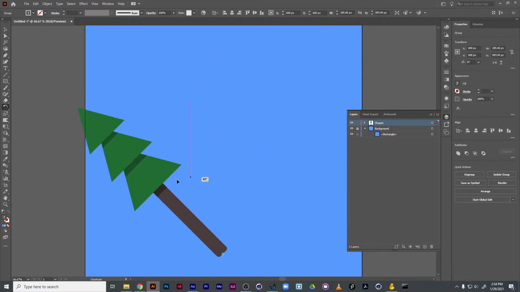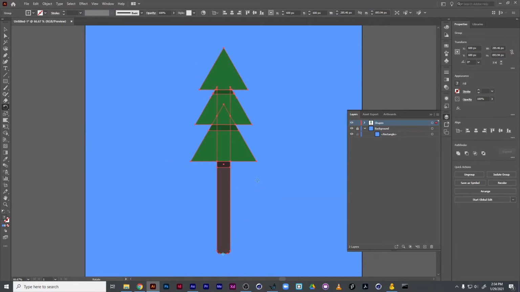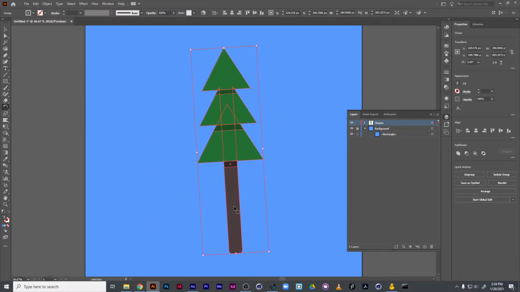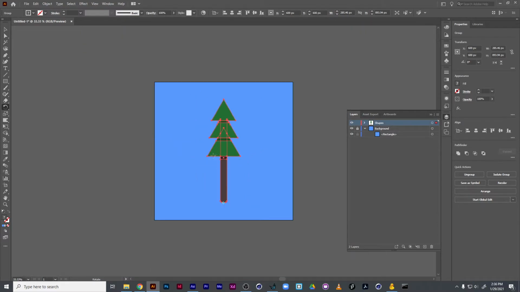If I hold down Shift, again, it'll go in degrees of 45. If I let go, I then get the option to change that rotation point. So I'm going to click on this top one, and now when I rotate, it's going to rotate around that top point. What's nice is if I click at the point I want it to go,